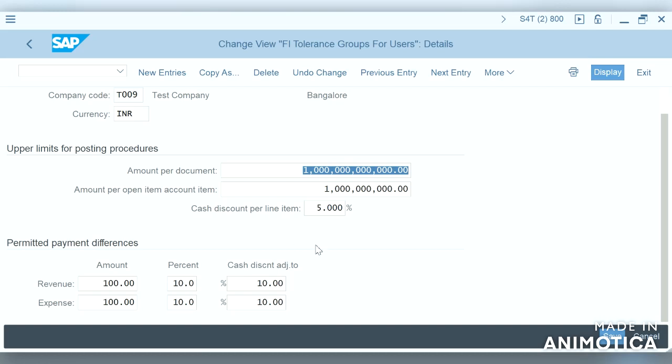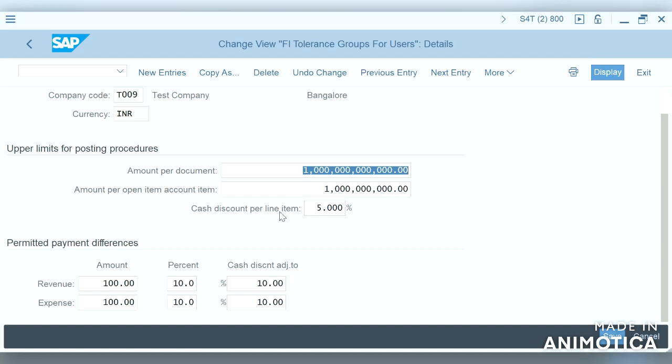So once we define the tolerance group, the employees can be determined to do the following things. It is nothing but the maximum amount the employee is authorized to post and the maximum amount the employee can enter as a line item in a vendor or customer.